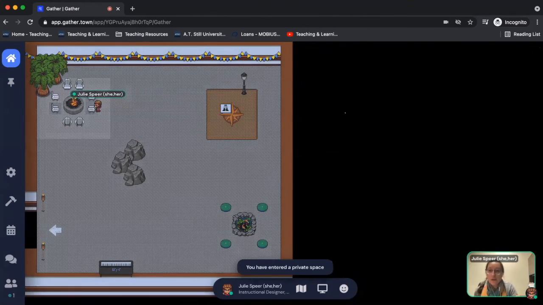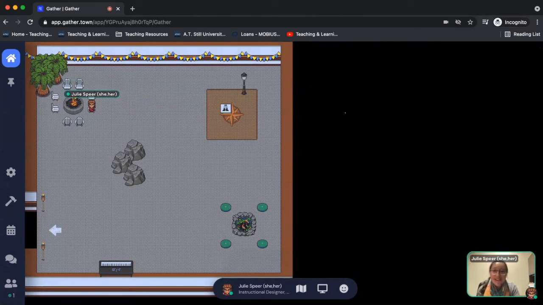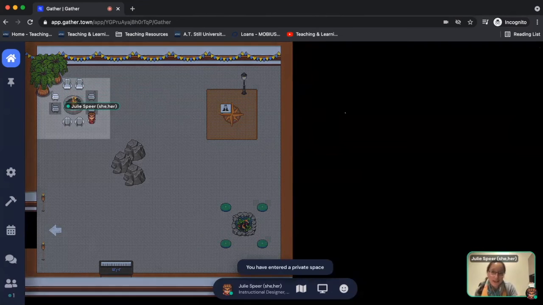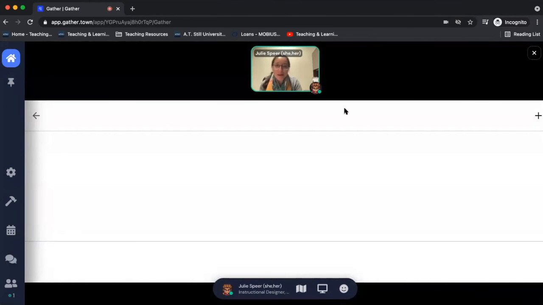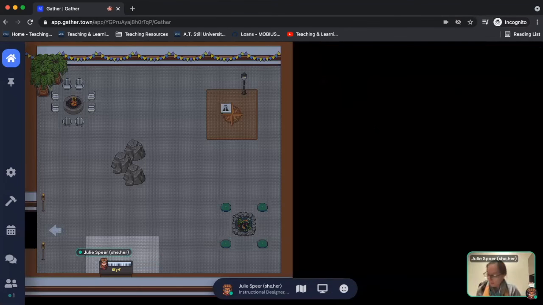You can also sit around this patio or this fire pit. You'll hear the fire pit noise come through if you have headphones in or your speakers are turned on. Again, you don't have to sit in a chair. You can stand anywhere in the private space. And lastly, there is actually a piano, and you can play music collaboratively. You can interact with this piano, and